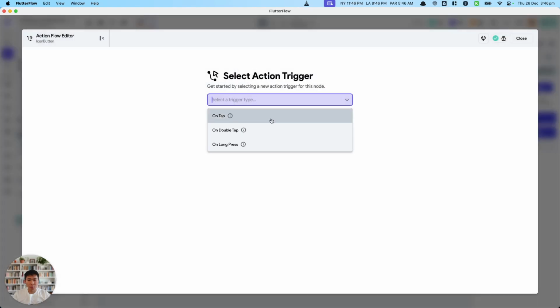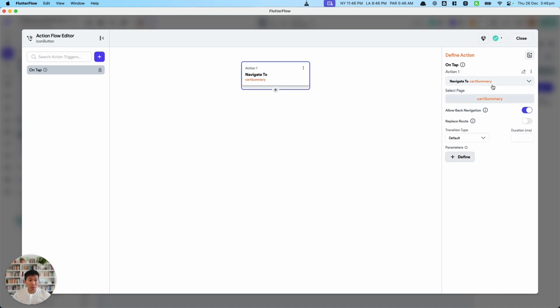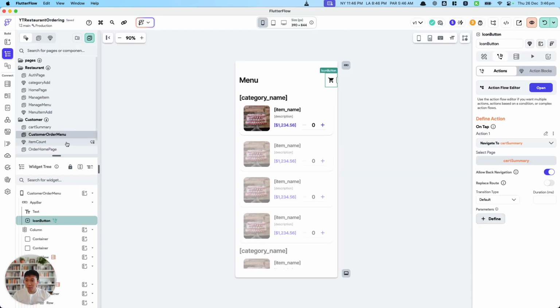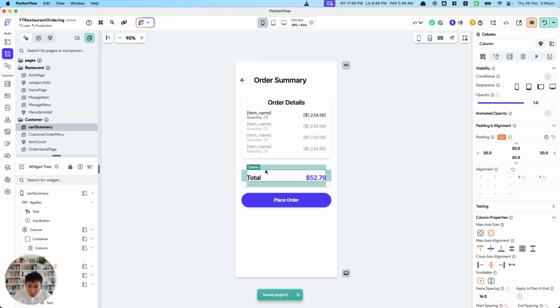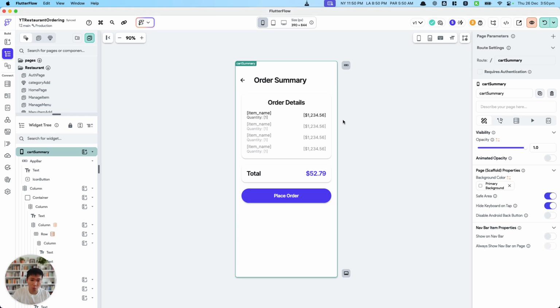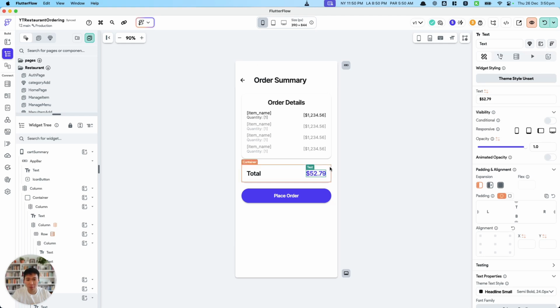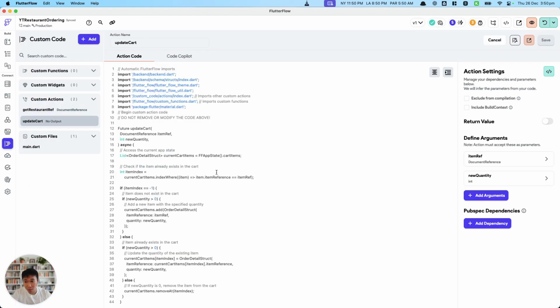Okay. On tap, I want to navigate to the cart summary page. And then I'm going to do nothing special here. All right, easy. And then the total, let's remove the border here. Okay, to do the totals, let's simplify how we would do it, to reduce the number of calculations we're doing, right? Well, custom functions. What I want to do is basically in this cart,